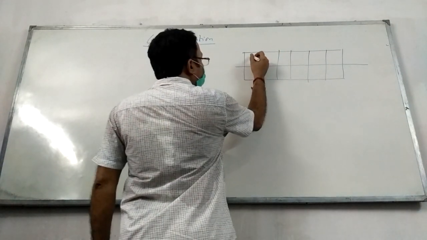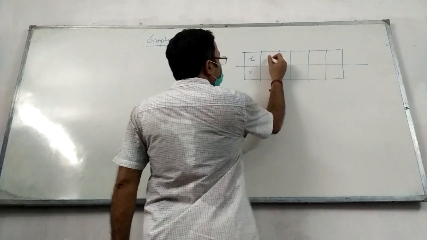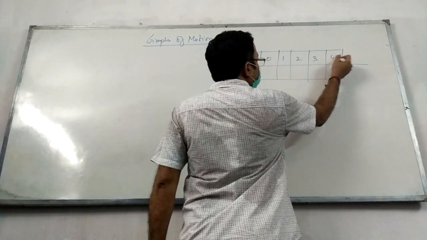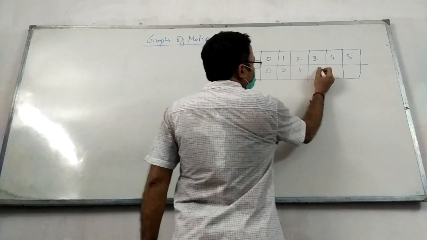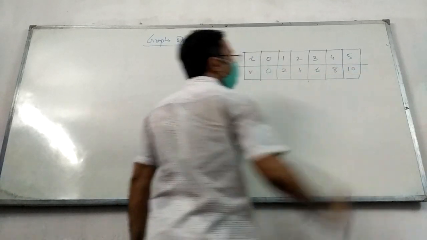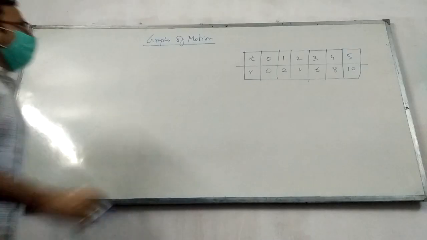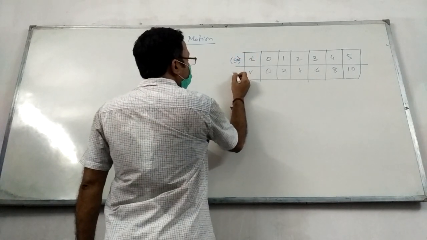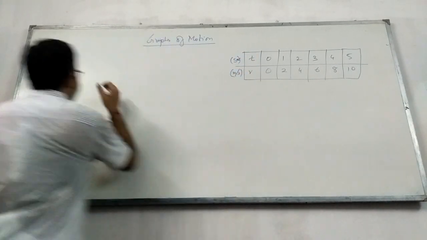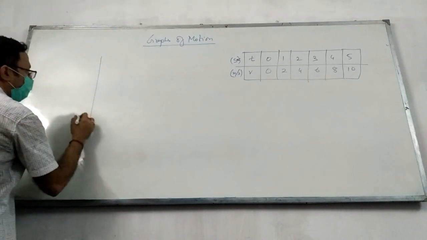Say time and velocity are 0 1 2 3 4 5 and say 0 2 4 6 8 10. Say that time is given in seconds and velocity is given in meter per second. So if we plot this graph all over again,